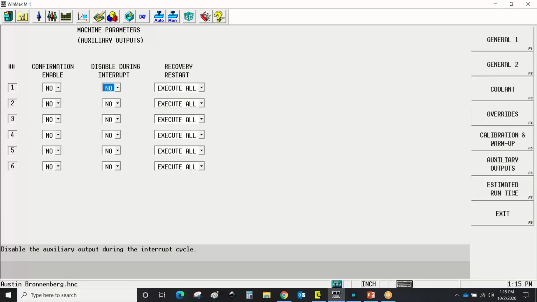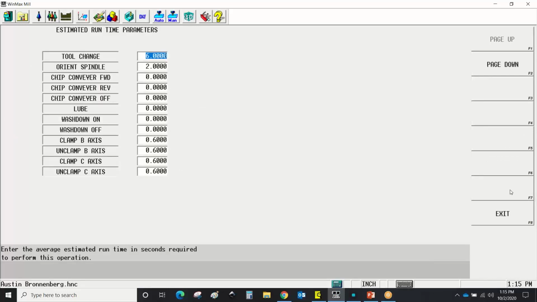And the last one on this section is the estimated runtime. If you're doing an estimated runtime and you realize that you're constantly coming up with too much time, or it's telling you that it's going to take 3 minutes when it actually takes 4 minutes or something like that, then you can come in here and add time or decrease time if you need to, to help bring that a little bit more in line,